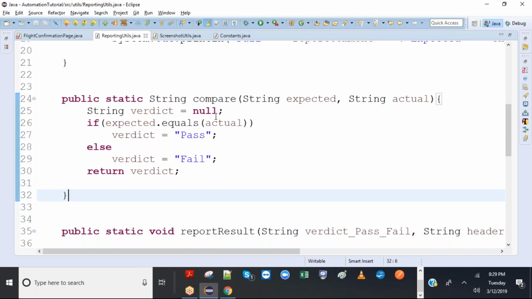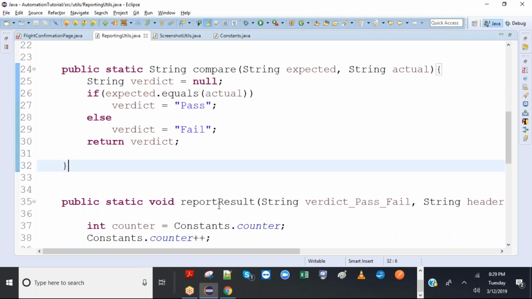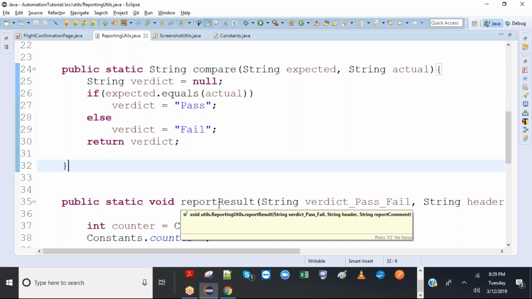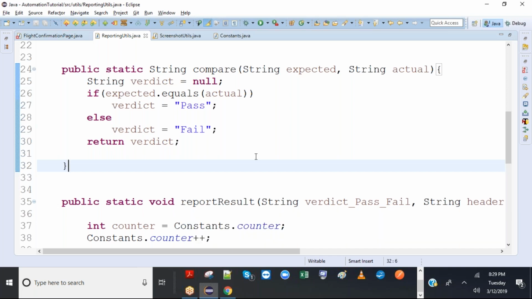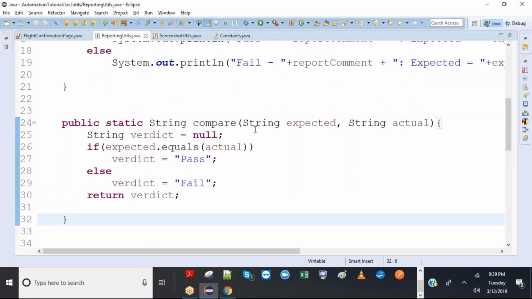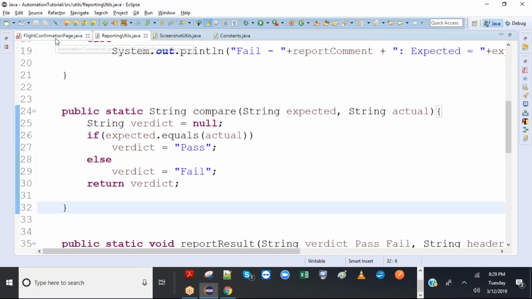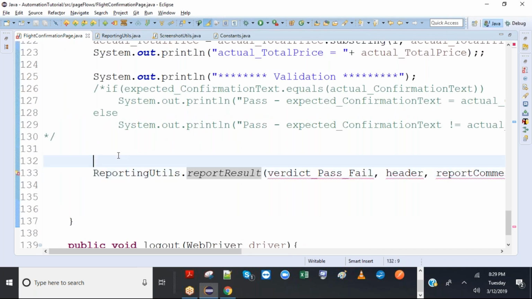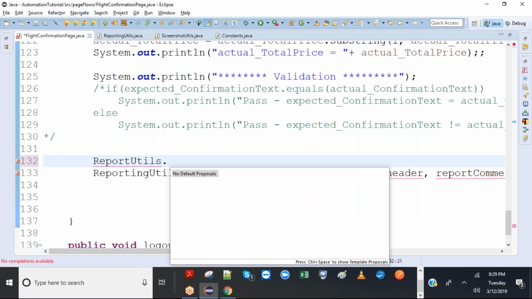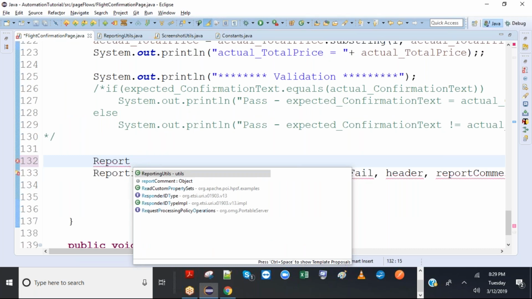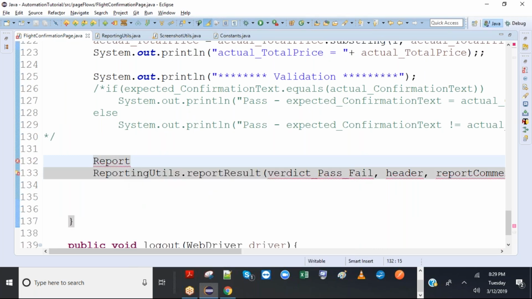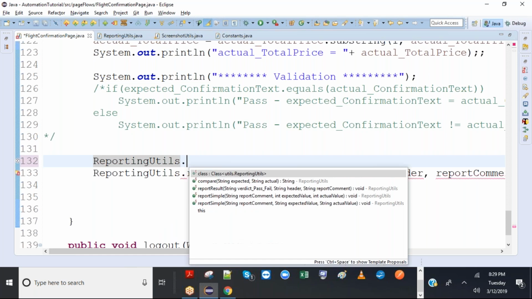All I have to do is call this first and call this later, or we can also make it part of this. You can try that, it will be easy, just one step and done. But let's not go into the single step thing right away. First let's call report details dot... I did not save report details.